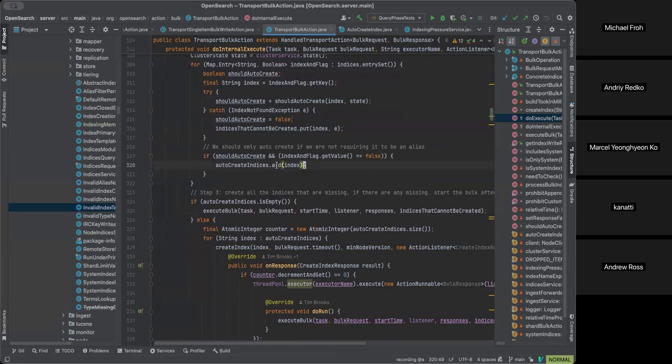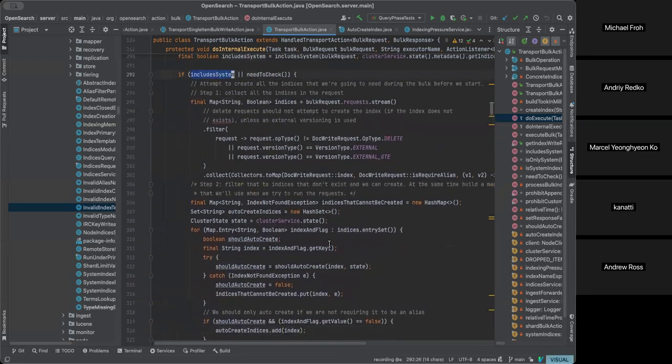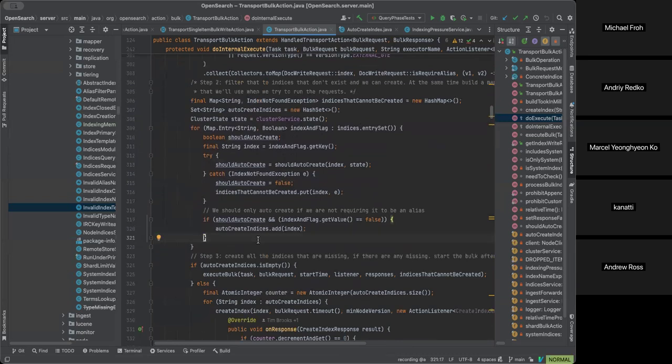Now, there's the reason why we have this include system check. Apparently, early on, when the auto create setting was thrown in, people developed plugins that depended on having system indices to store their state, to store their configuration. But then those wouldn't work in cases where people had disabled autocreate, right? If you disable autocreate, well, you still want your plugins to work, and your plugins probably or may assume that